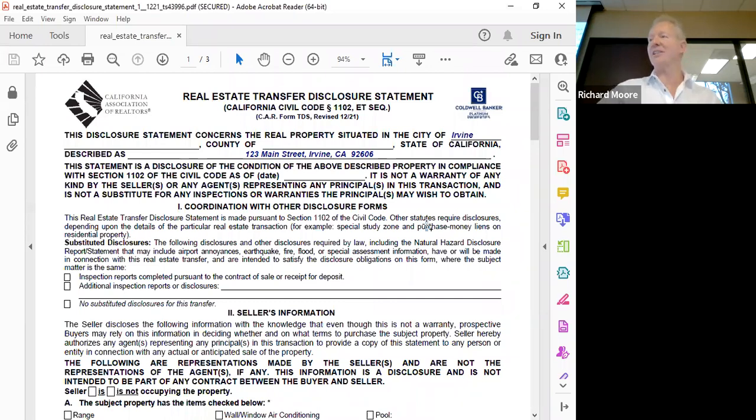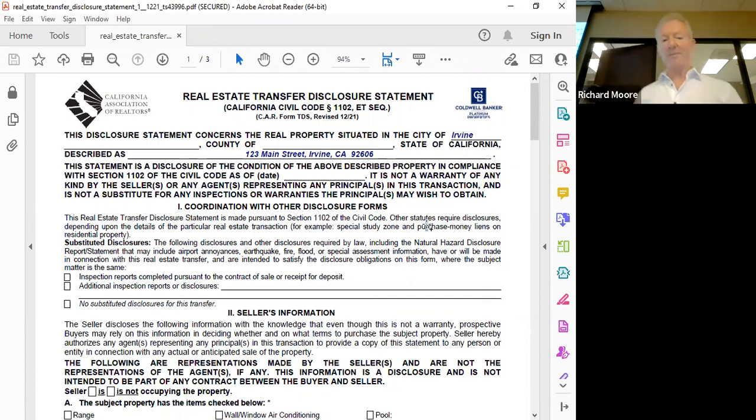The person who is to provide the TDS to the buyer is the agent who has obtained the offer. And that is the selling agent, right? The agent representing the buyer. You'll see that on some forms, and sometimes it's a question that arises. So the person that obtained the offer is the person who's representing the buyer. And a rescission of a sale cannot occur if the TDS was not provided. So let's go through the details of it.